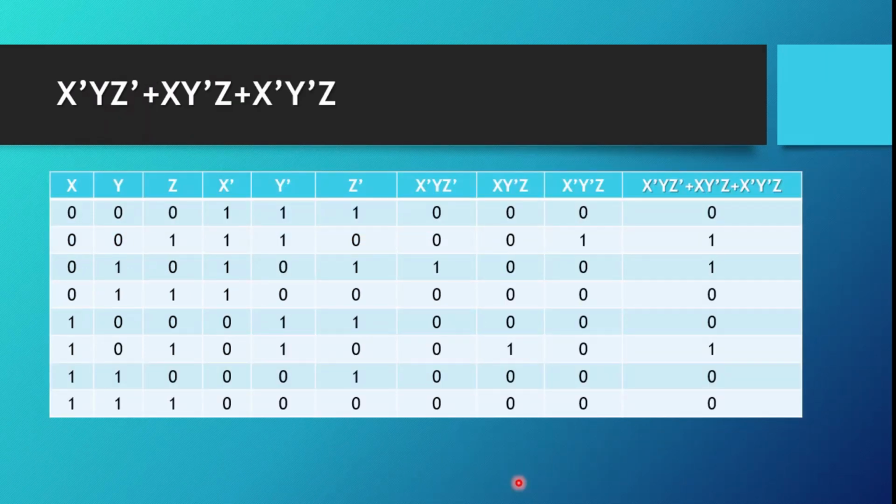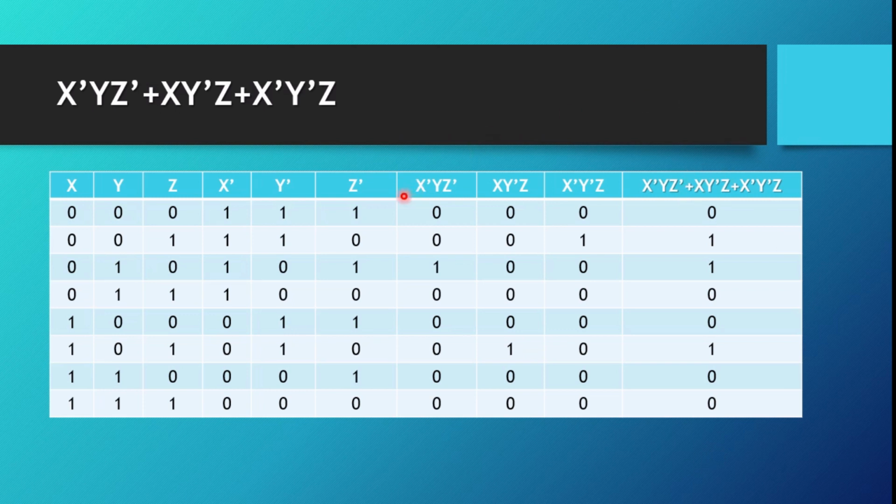Okay. So now we have a 3 variable question. Okay. So in this we have prepared a 3 variable truth table. So what we are going to do is x, y, z, followed by x complement, y complement, z complement. After that, I have put 1s and 0s as per the combination. Okay, and finally I have ORed these three, so this is my final expression.